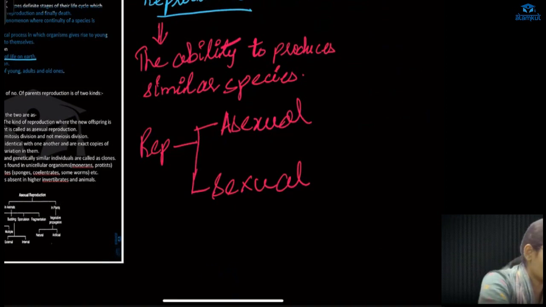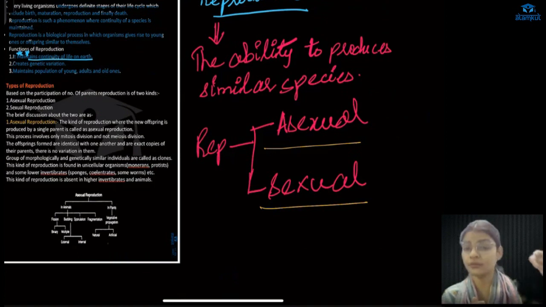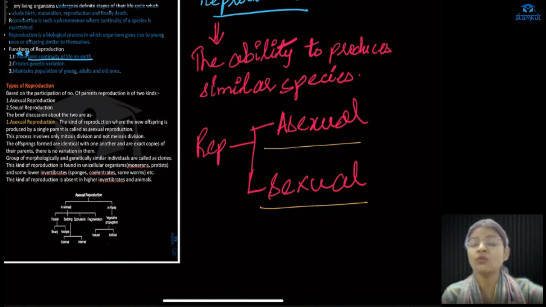Asexual means there is no proper fusion of gametes. A new offspring will be produced from the parent by the asexual method. That is, meiosis is not involved, only mitosis occurs, and the offspring formed will be exactly similar to the parent. There is no fusion of gametes and no formation of zygote; only budding, fragmentation or fission methods are there in the asexual method.